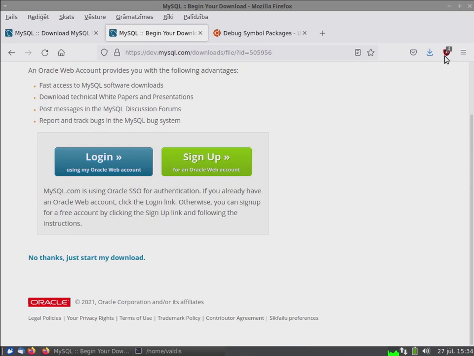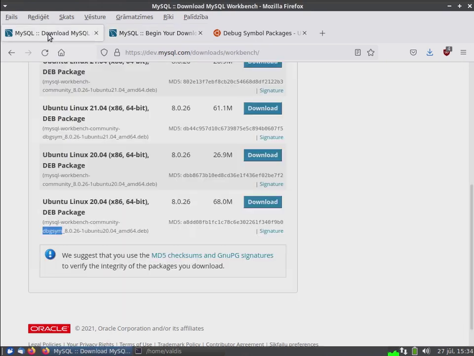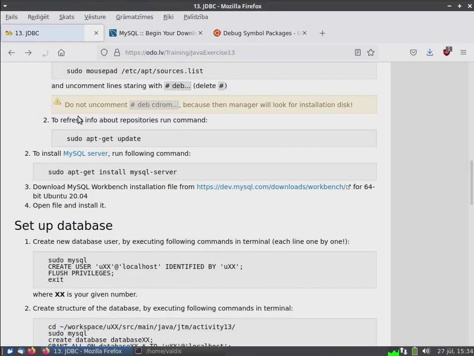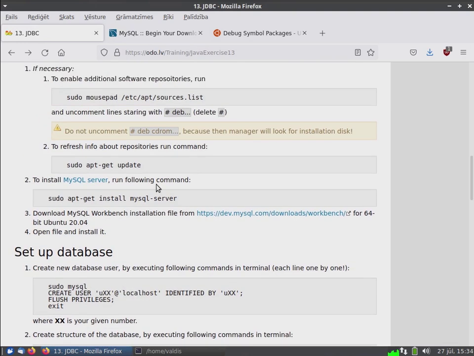And it even worked. So, when this is done,